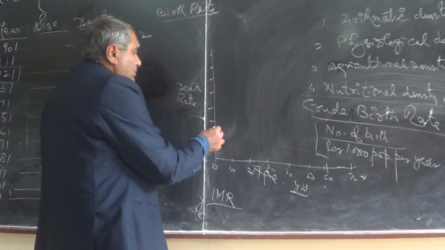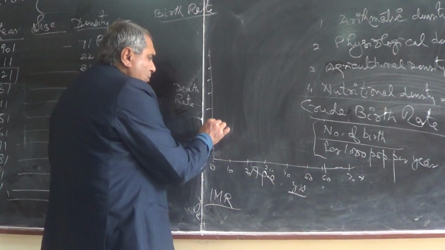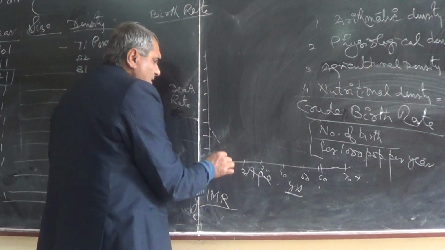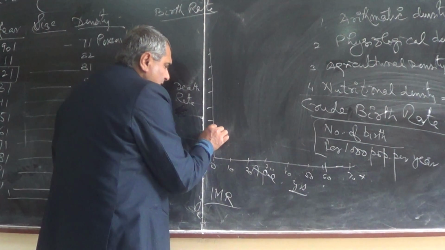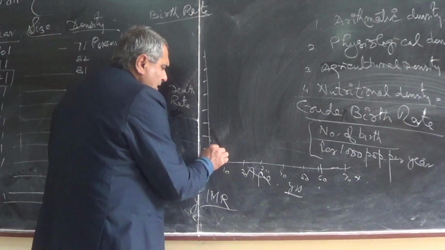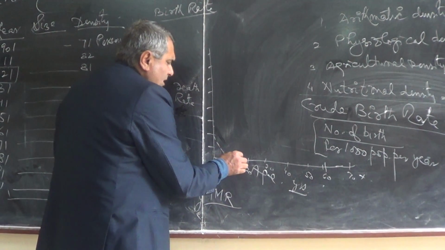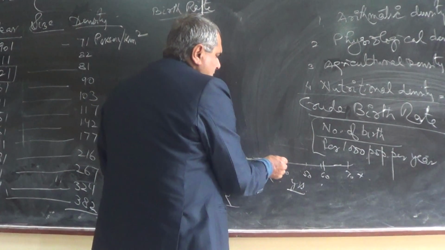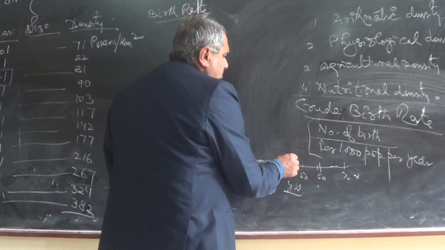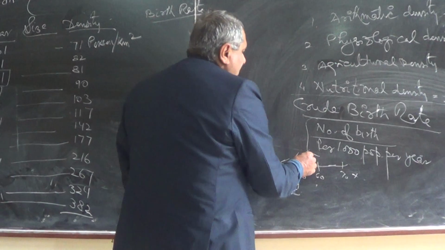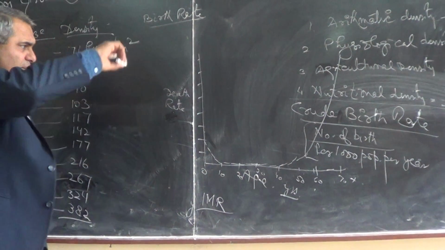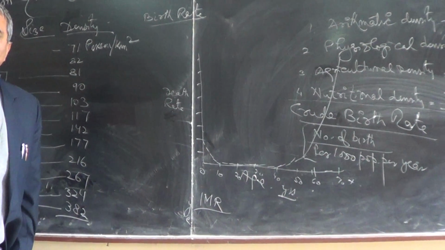If you look at the death rate, immediately at the time of birth there is a high chance of death. But it decreases rapidly as age increases. Till 30 there is almost no death, till 40 also, but after 40 deaths start increasing, and after 60 it increases sharply. So this is a kind of J graph.